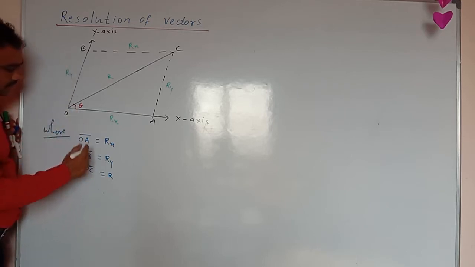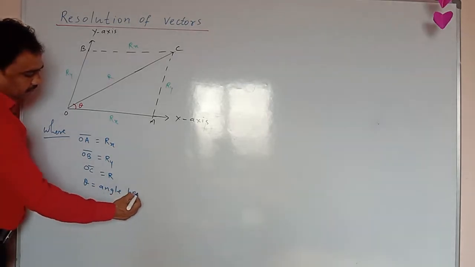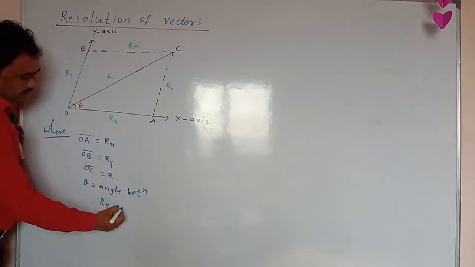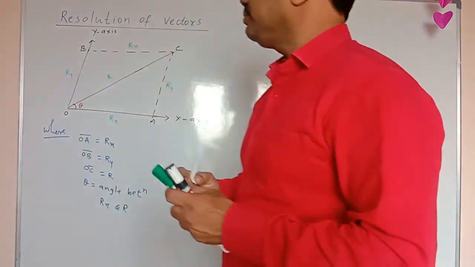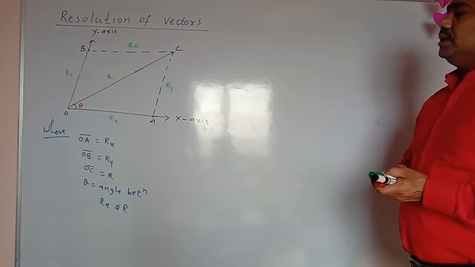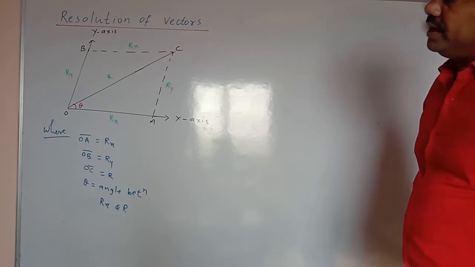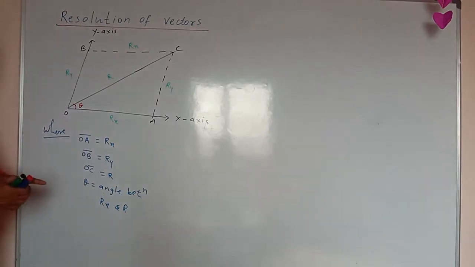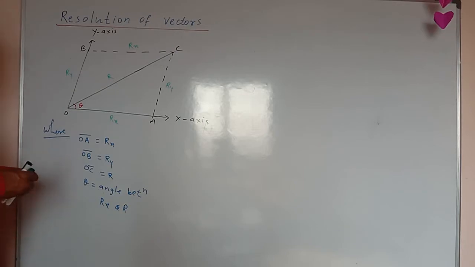So similarly, we can consider here angle inclination. So this angle inclination, angle between Rx and R. Okay. So this is about the parameters. Now in this article, how we can find out the resultant of these two vectors? Means we have to find the value of R here. So what is the value of R in this case? Okay. So for that purpose, try to solve this derivation.